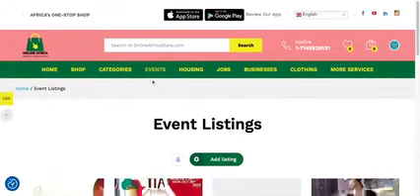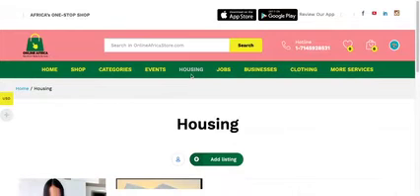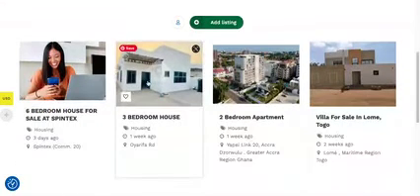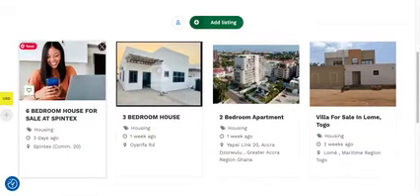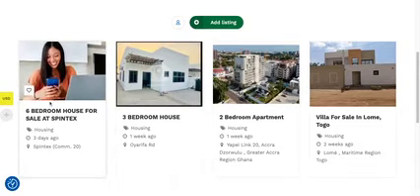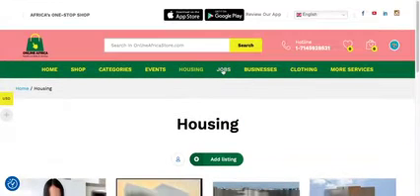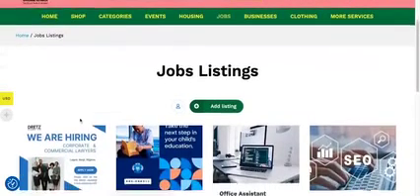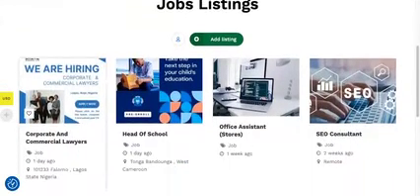Then the next on the menu is housing. Housing is for real estate, and on this menu you're going to see real estate: apartments, houses, and lands that are for sale or for rent. Then the next is the jobs menu. On this page, you'll see job listings for various companies